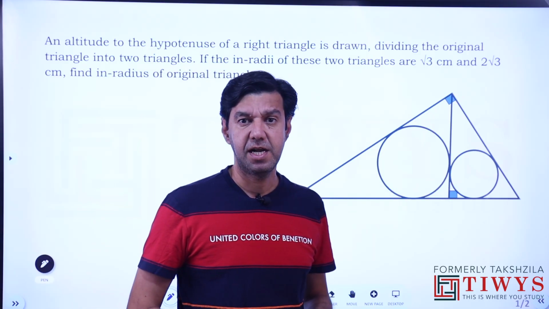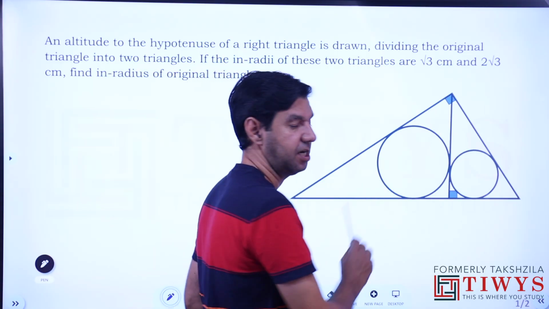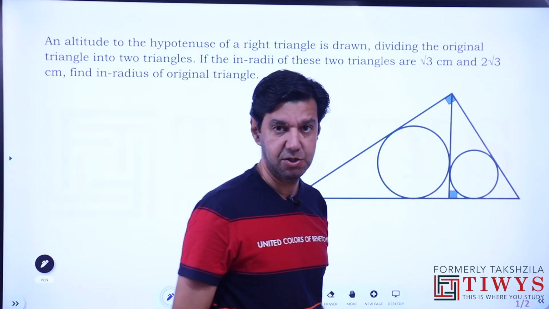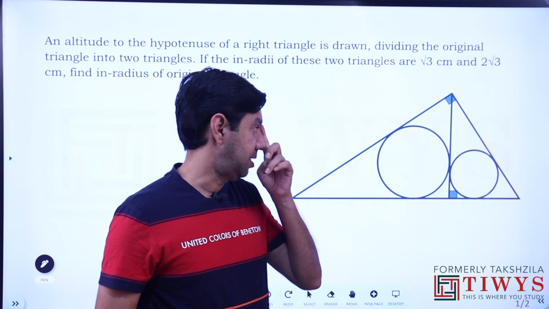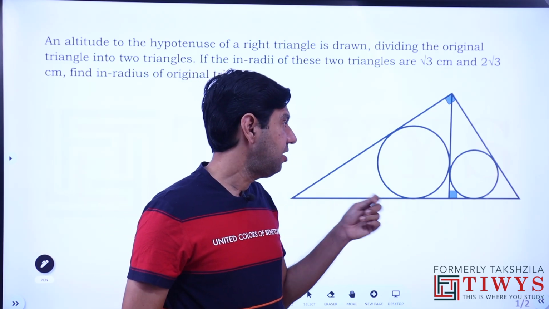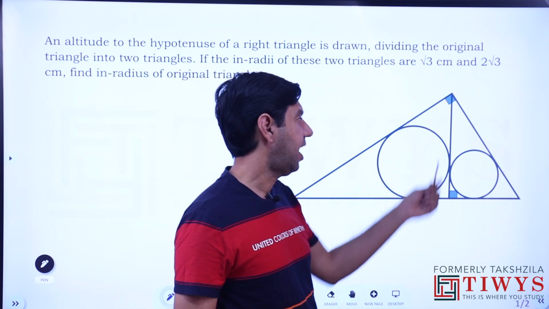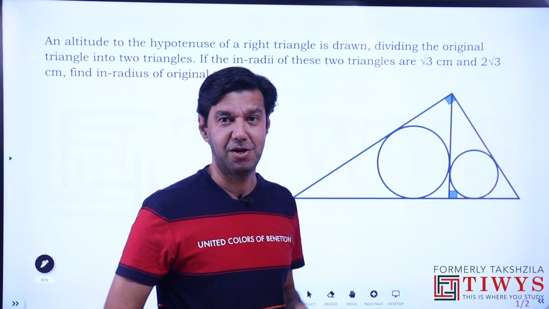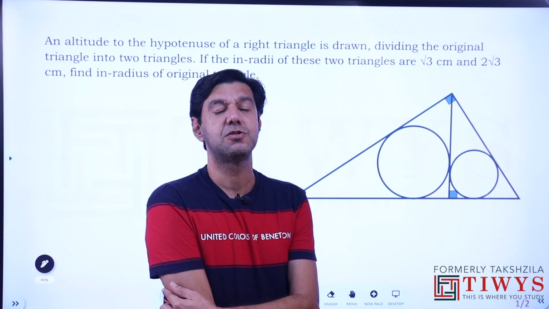If you have practiced well enough, there's a CAT question on this type where the dimensions of the original triangle were given, and we were asked the distance between the centers of the circles. A very nice classic question discussed in the course. Then in your practice also you would have come across this image quite often. There are three right angle triangles here, and I'm not giving you any more hints beyond this. It should be a familiar figure. You should know what topic it is going to be based upon.